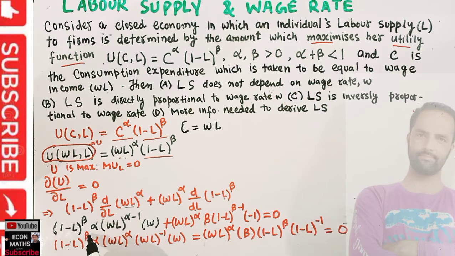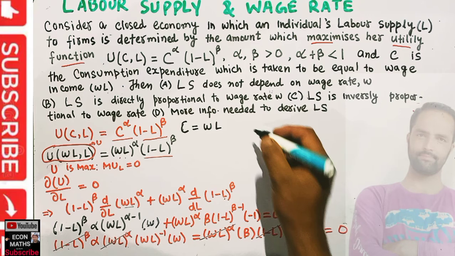So (1 minus L) to the power beta and (1 minus L) to the power beta will get cancelled, because these terms are multiplied to each other here. Then we have (WL) to the power alpha and (WL) to the power alpha, and they will get cancelled. So we are left with